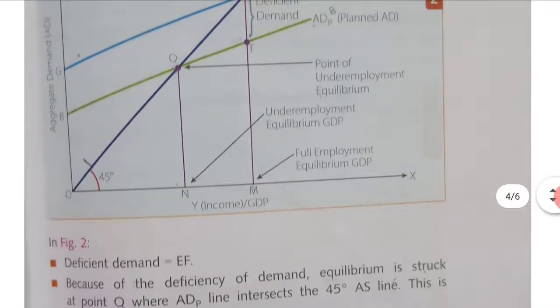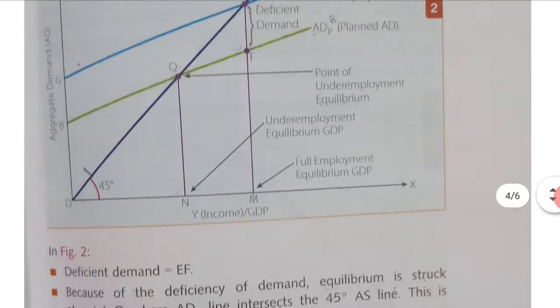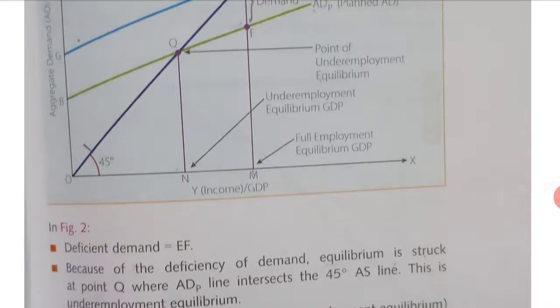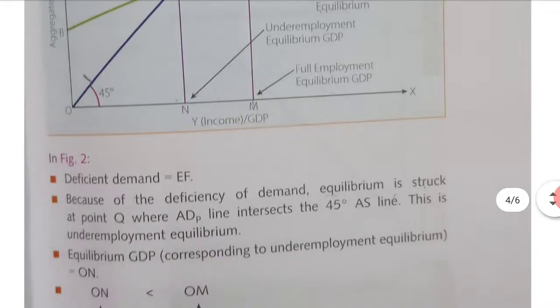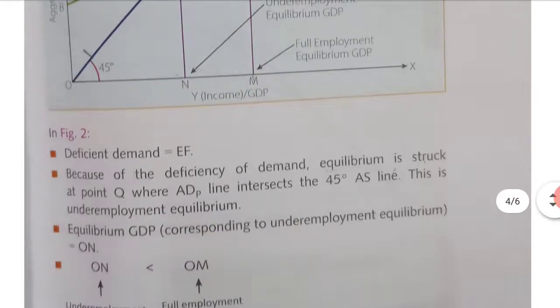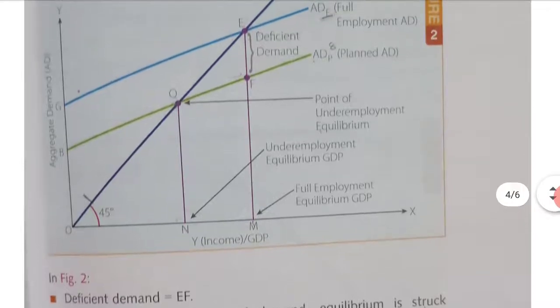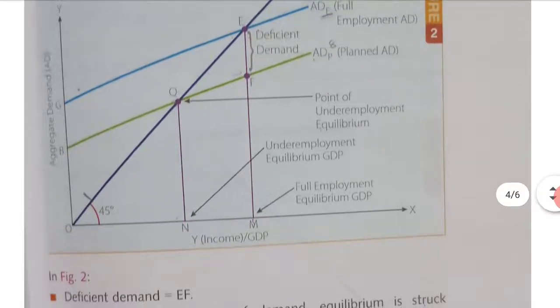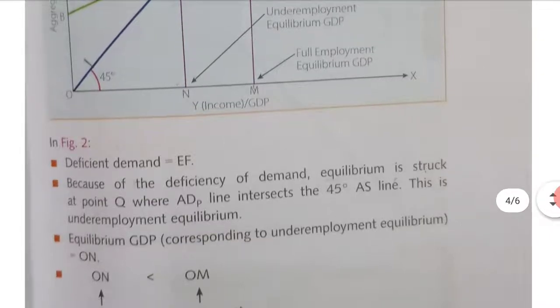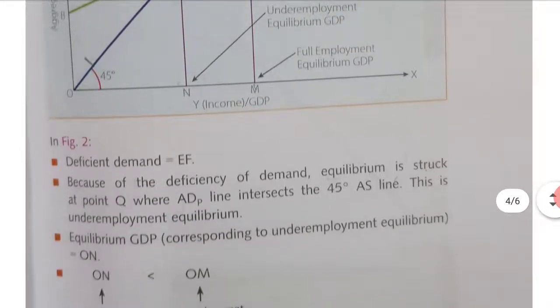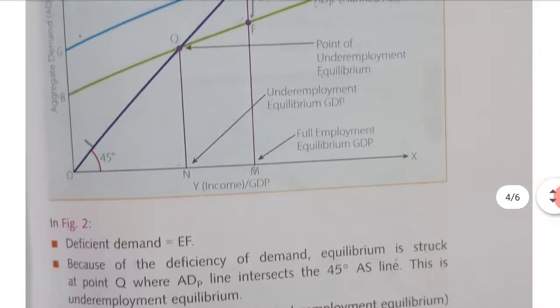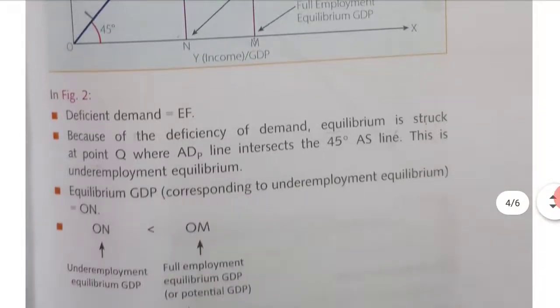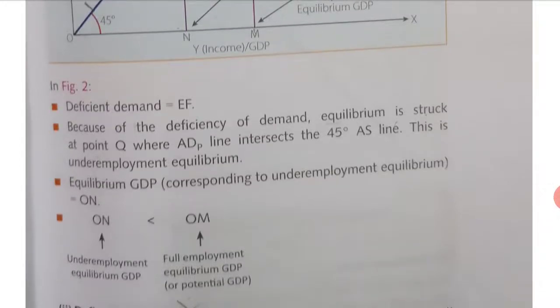So where is point Q? Check out the diagram. At this point Q, the equilibrium is struck where planned aggregate demand intersects aggregate supply, that is the 45-degree line. This is the underemployment equilibrium. Here equilibrium GDP is given by ON. Check in the diagram where ON is. ON is the equilibrium GDP. Here ON is less than OM. So OM is the full employment equilibrium, ON is the underemployment equilibrium. Since ON is less than OM,